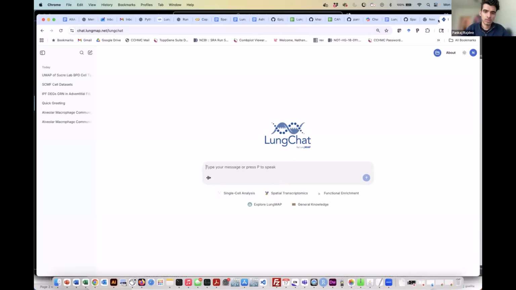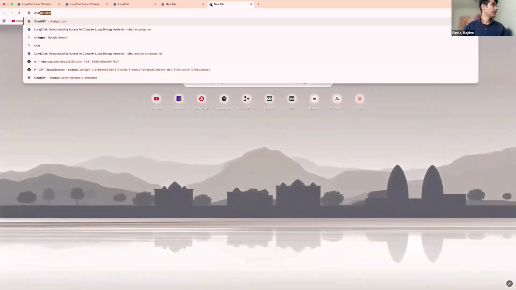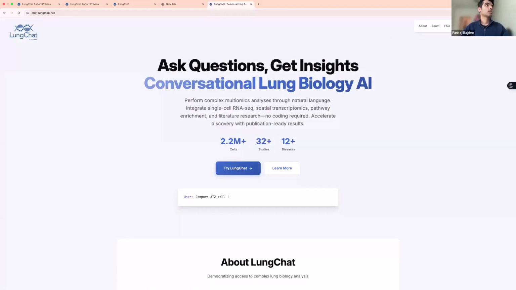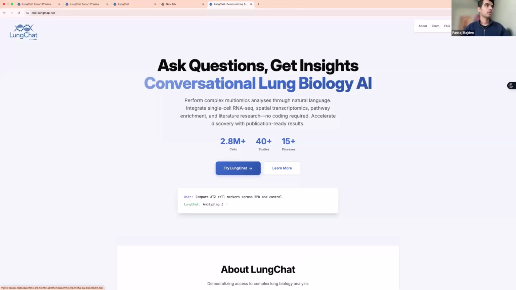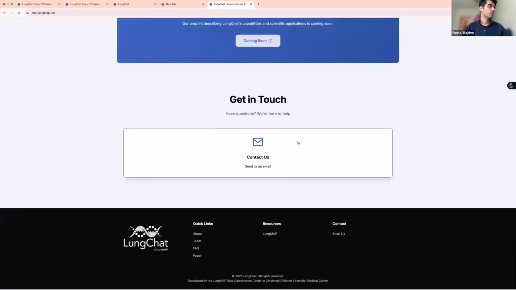What you can do is visit the website chat.lungmap.net. Let me share my screen. If you go to chat.lungmap.net, you can see the contact us button here, or you can also see it at the bottom.